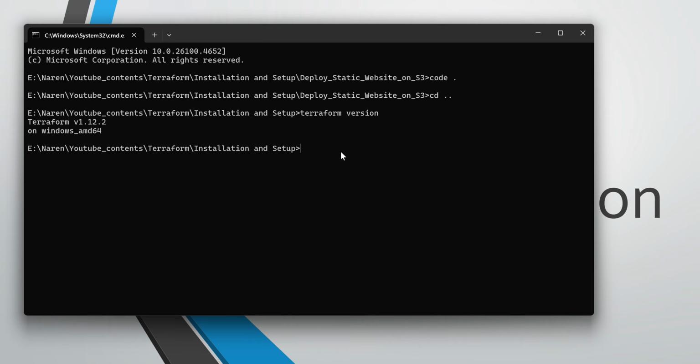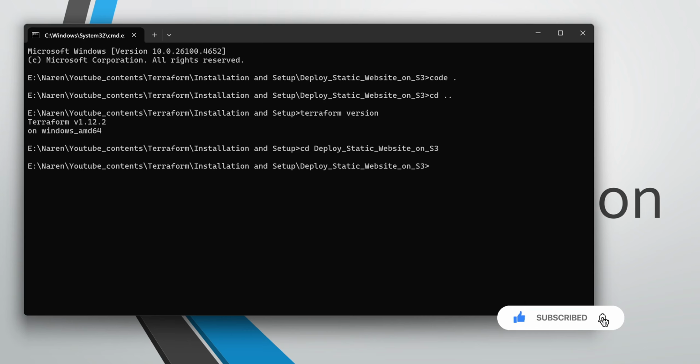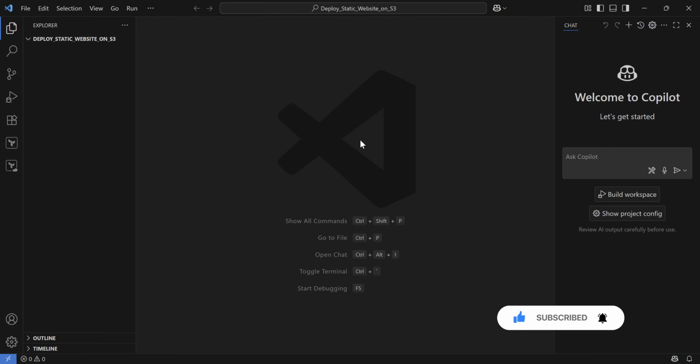I have created a folder called deploy static website on S3, and let's open the code editor here. The code dot command will help us open the current folder in Visual Studio Code.